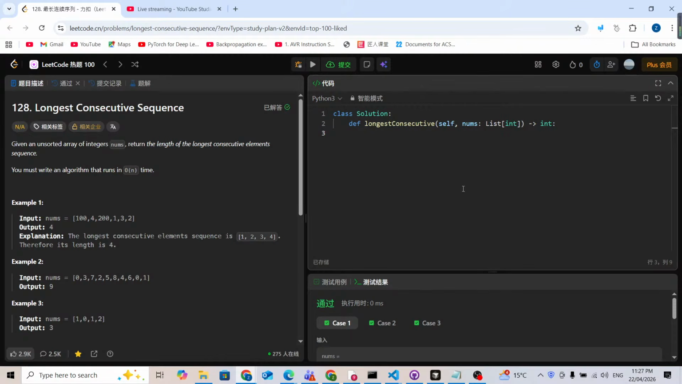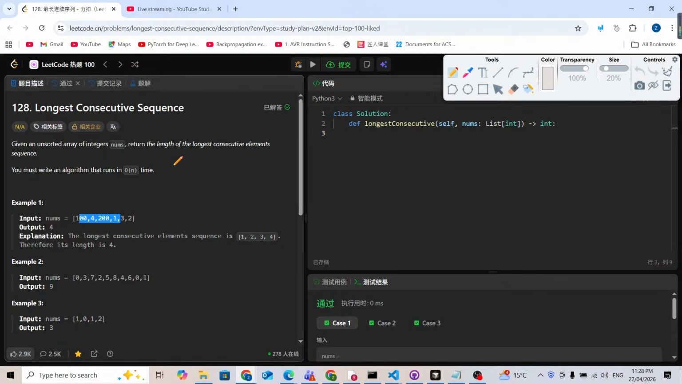Let's solve another LeetCode problem, 128, Longest Consecutive Sequence. For this problem, we are given an unsorted array of integers nums. For example, we have several numbers, and we're going to return the length of the longest consecutive element sequence. That means, for example, 1, 2, 3, 4, that's going to be the